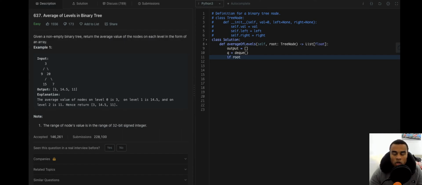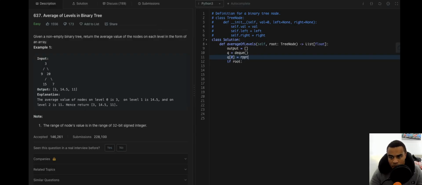But so we want to check that the root is valid, that it's not null. If we do that, then first we just want to add the root to it. So the first element of the queue becomes root.